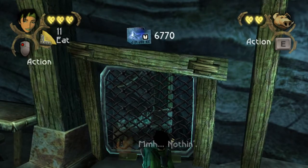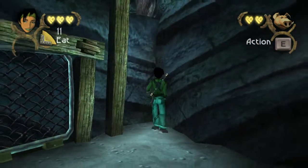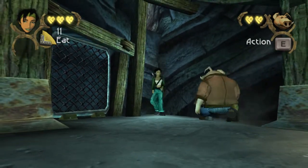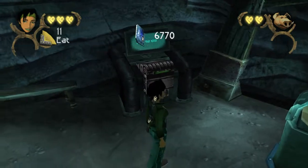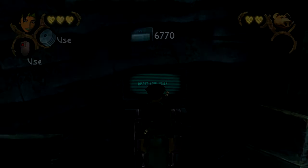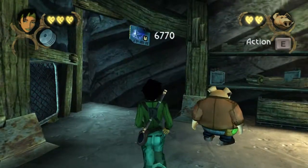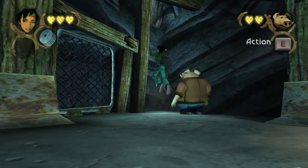Can I kick my way out of here? Nothing. No, not equipped for that. So we gotta go back up and out. So we've gone here too fast, is what it's saying. I can get a little save in, and let's go with that instead. So we have to go back out of here. Whatever the secret area is, it did not intend for us to...